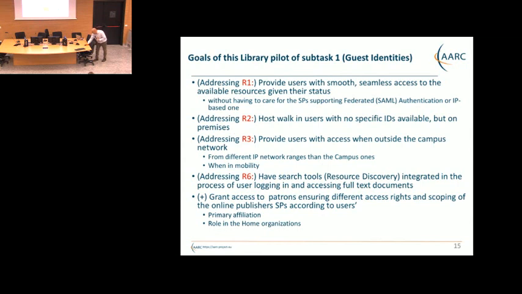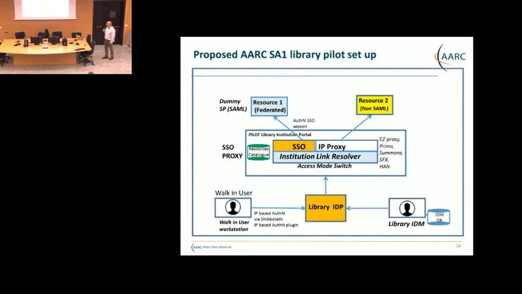This is how such a pilot could look like in terms of possible architecture, or draft architecture, however you want to call it. Essentially, we would have a sort of double authentication, so we have a double fork in the IDP layer and a double fork at the SP level. A library, as Niels was suggesting, is supposed to have an IDP, or we will provide them with one IDP. And the identity management tool to the right is supposed to be integrated in the library IDP. And there is also a physical terminal, a workstation for walk-in users. And there we could, for example, use the DASI provided IP-based authentication